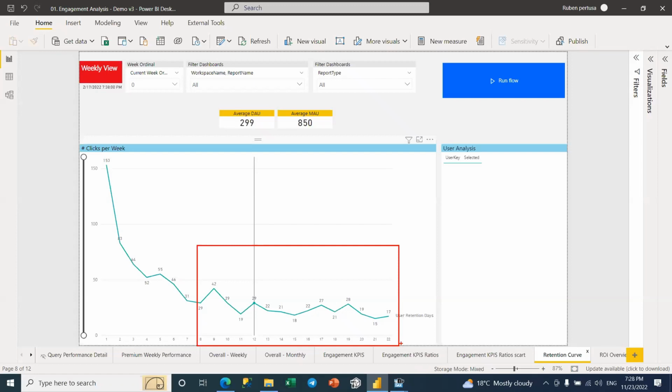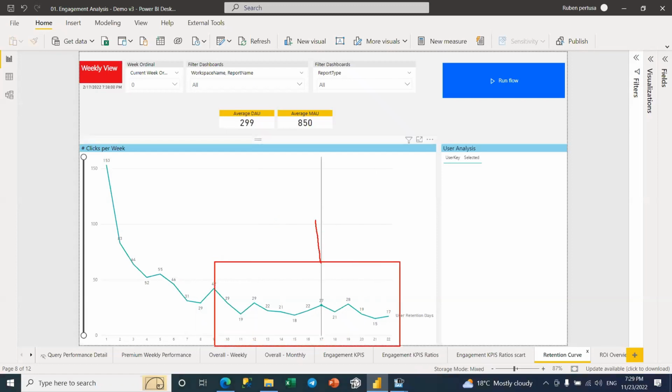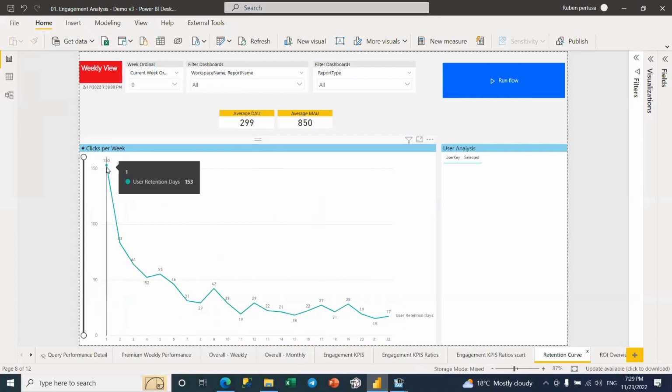You lost the engagement, they want you to get back, which means for us, these users are more or less our core users. But it's quite interesting that we have 153 users that came just 1 day to the platform and no more, just 1 day, and they forgot about our platform. Why is that?